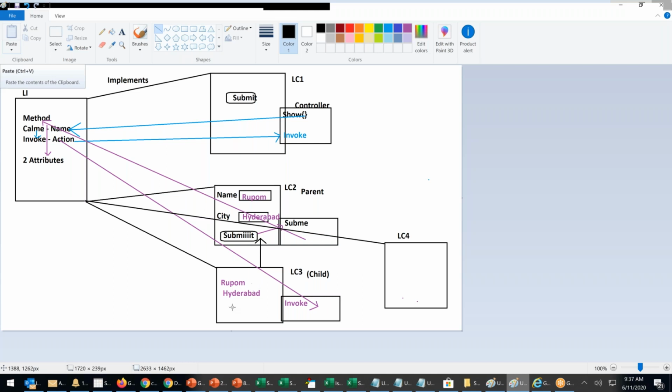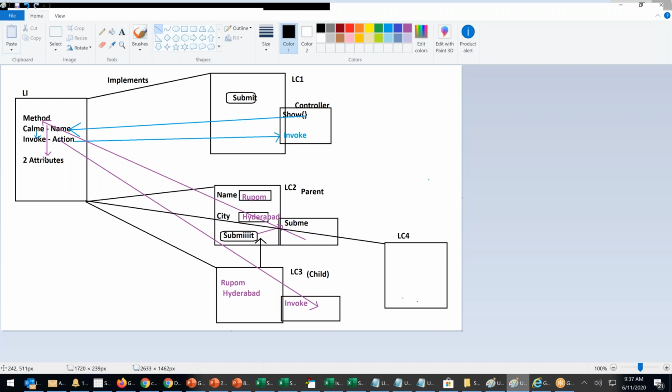Now I can have L3 create data, and whatever data is created in L3 should be displayed in L2, and whatever data is created in L2 should be displayed in L3. That is the goodness of placing a method in the Lightning interface.